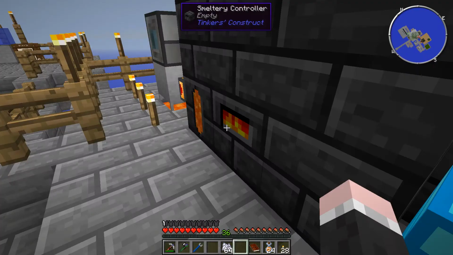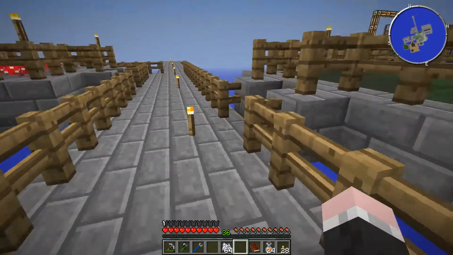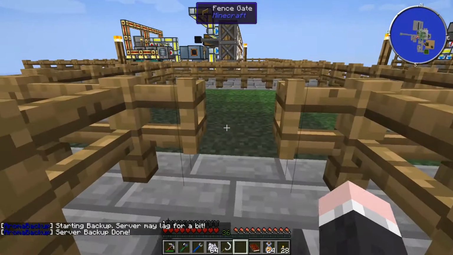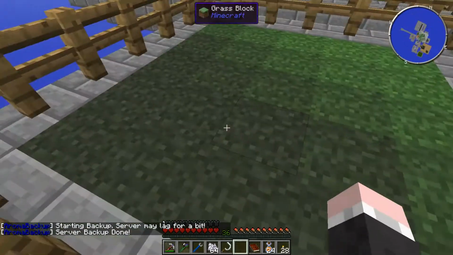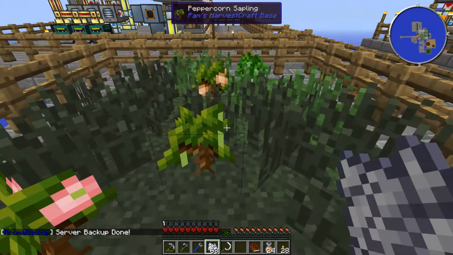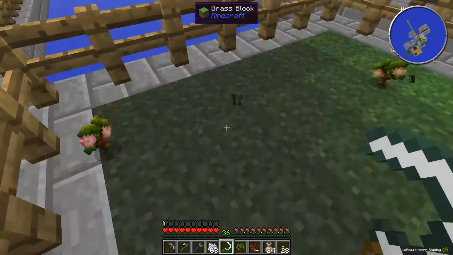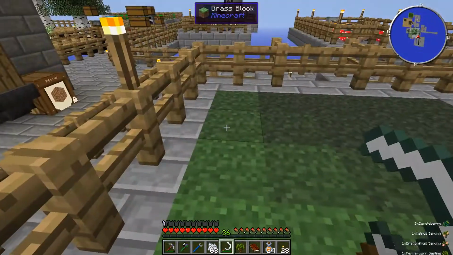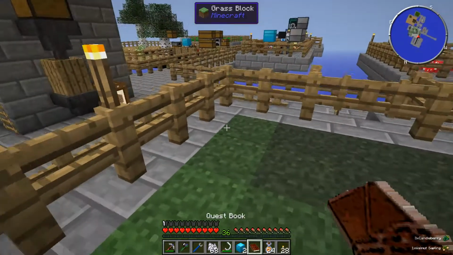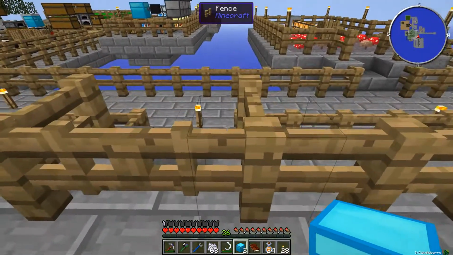Just have to wait for this cobblestone to melt. While we're doing that, I can show you what the sickle is used for. Yay for the backup. So, bone meal, of course. And you notice there's weird stuff on the ground. And then you use the sickle to break it all in a single swing. And I will definitely need diamond chest. Actually, I will definitely need 2, but